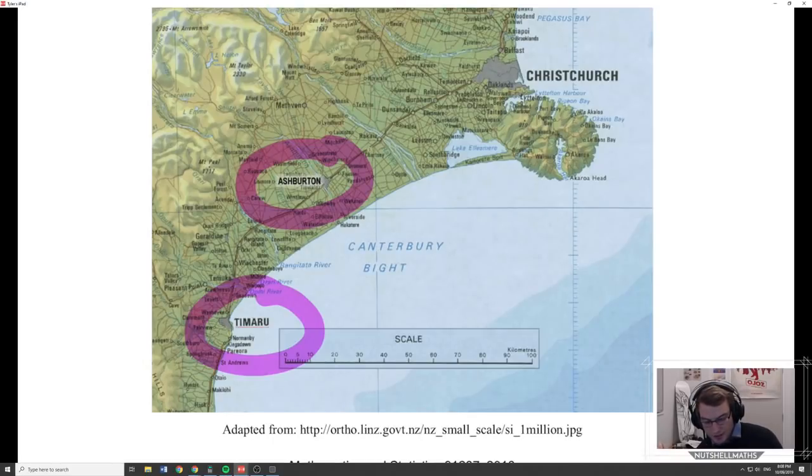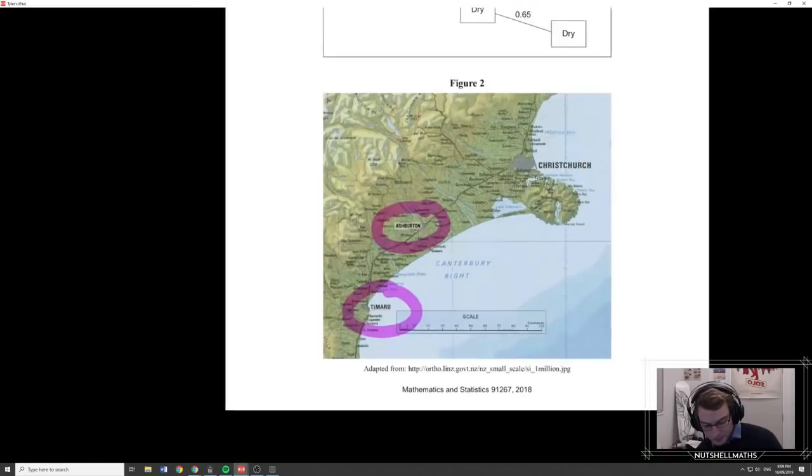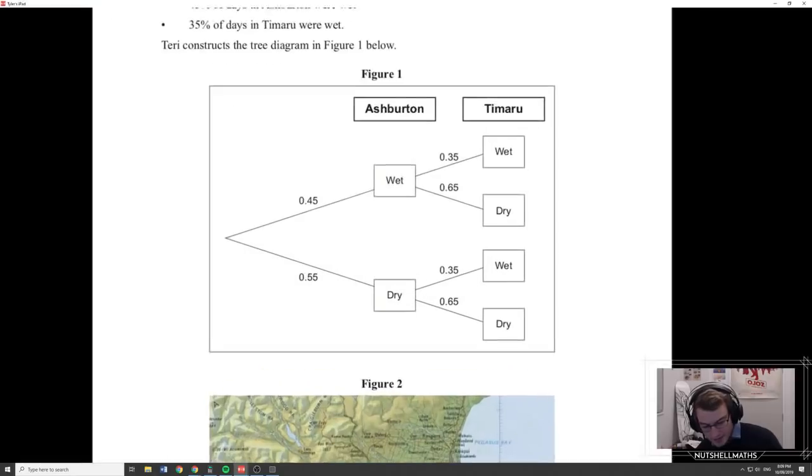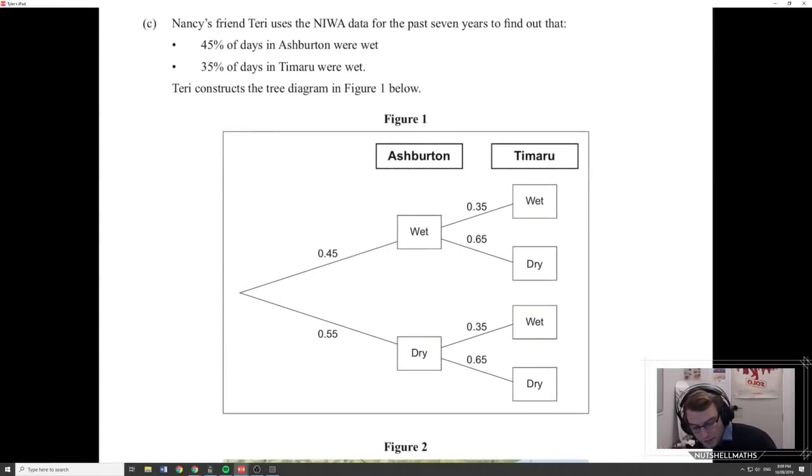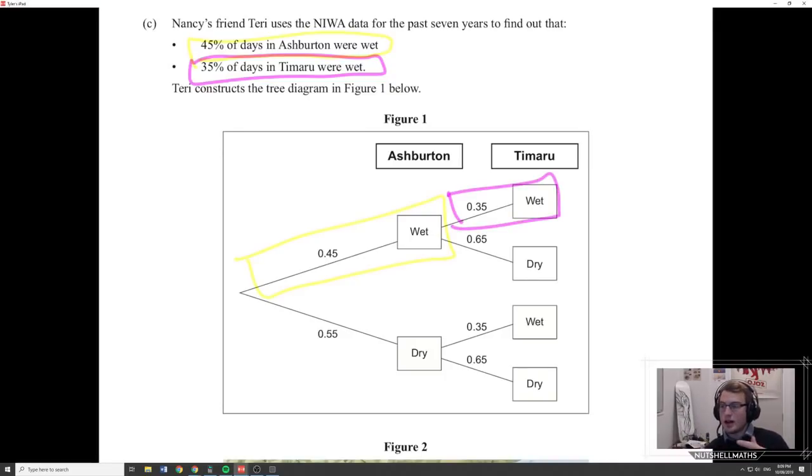So, if we look at what the question is, they've said 45%. So they've just looked at a bunch of wet days and dry days, right? They've said 45% of days in Ashburton are wet, 35% in Timaru are wet. So I've constructed my tree, 45% are wet and 35% are wet. They have not taken into account the relationship between the two places, right? They have not taken into account, because this tree implies,